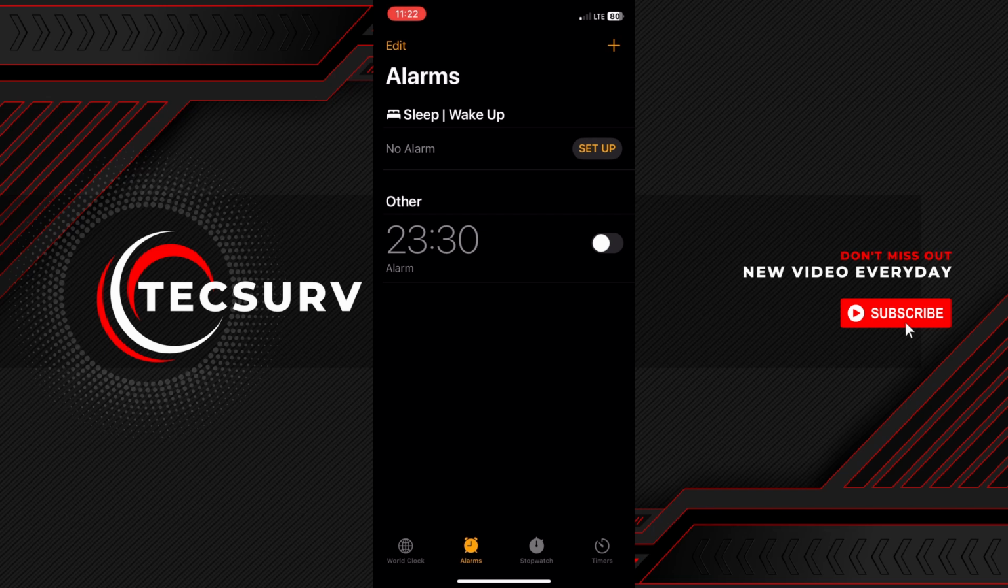Another method is to download a third-party app. Go to the App Store and search for Alarmy or Sleep Cycle that offers a customizable snooze option. Install and configure it. While the iPhone native Clock app does not support changing the snooze time directly, setting multiple